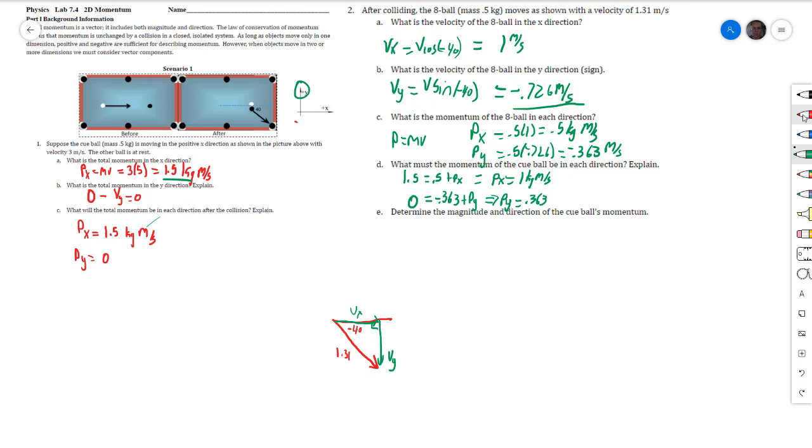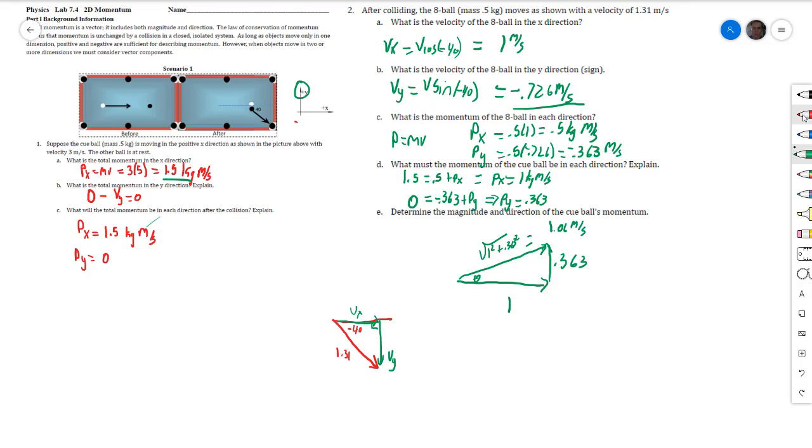And then it says determine the magnitude and direction of the cue ball's momentum. All right, now I'm going to draw another triangle. I have its momentum in x is 1, and its momentum in y is 0.363, and so its actual magnitude and direction is at an angle here, right? So I actually need this side of the triangle, and I'm going to use Pythagorean theorem, right? 1 squared plus 0.363 squared. So square that, add 1, square root it, and we get 1.06